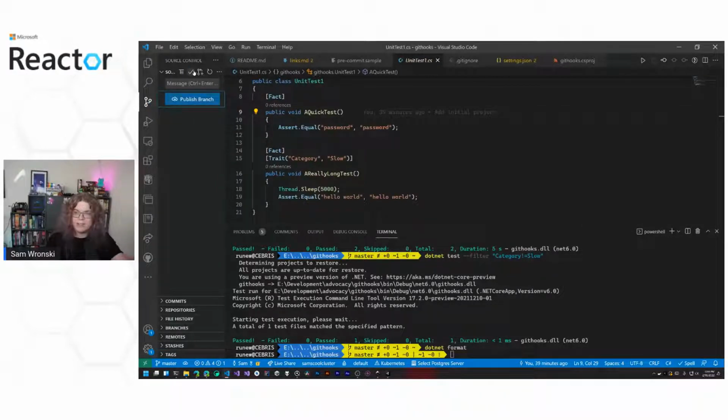We are still running things because we have to run our tests and we have to run our formatting. So we did extend the time it takes to create a commit. It now takes a few seconds rather than almost instant. So again, be cautious with that and consider what you're trying to accomplish here. Adding too much here can make things kind of not fun because